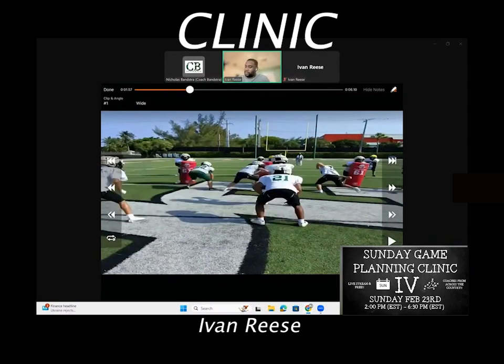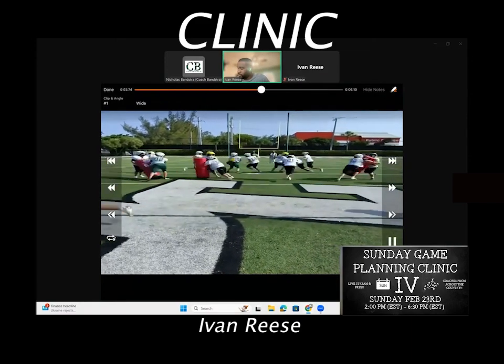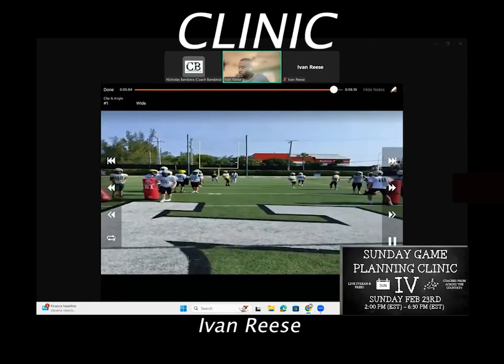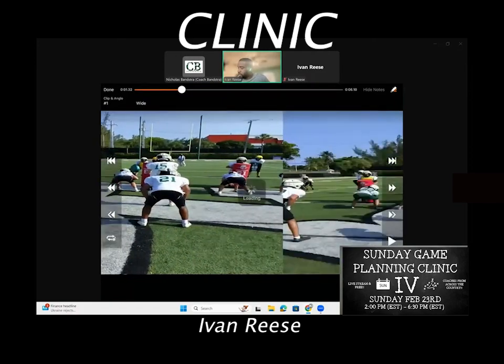And I'm going to talk about the timing of this, because one of the good things about running trap, especially if you're doing it from under center, is there's a lot of guys who shouldn't be in the picture. So play side and backside end should not be in the picture here if you're hitting it fast enough. So you see that right side of the line is moving up to almost the safety level. And then